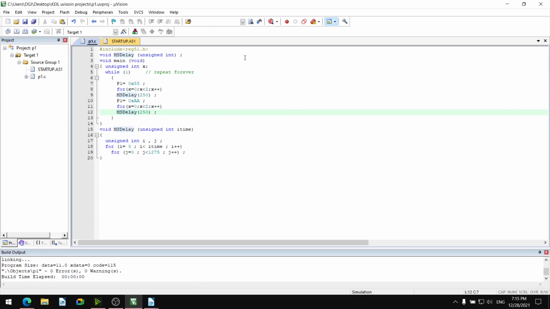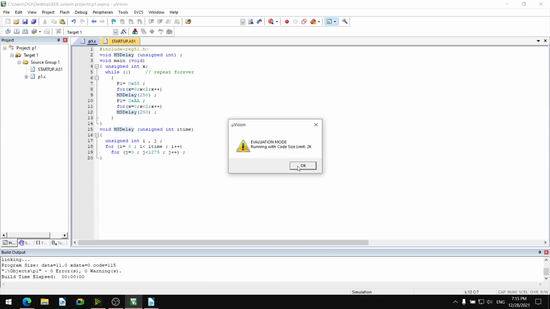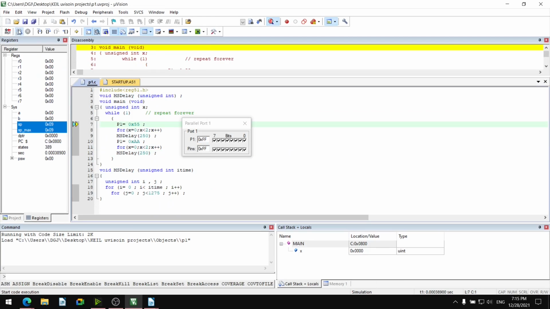Now 0 warning, debug session started, run the code.